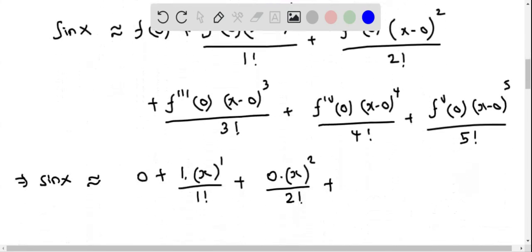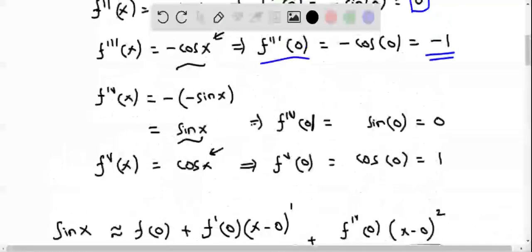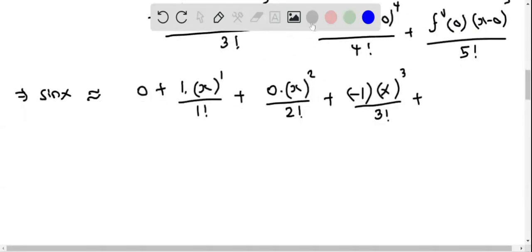So I put negative 1 times x raised to the power of 3 divided by 3 factorial, plus f fourth derivative of 0 is 0. So I put 0 times x raised to the power of 4 divided by 4